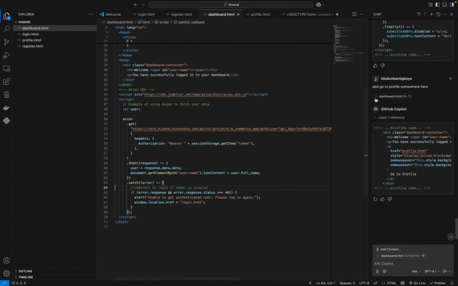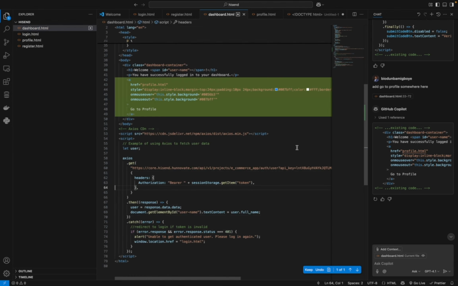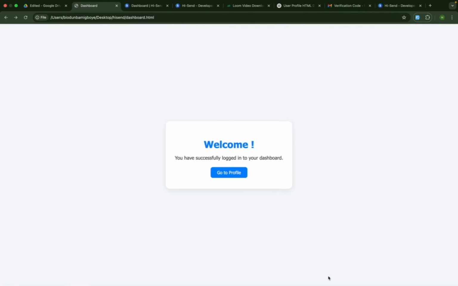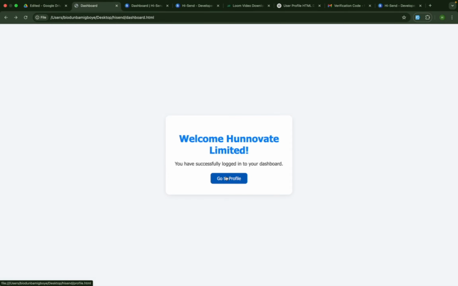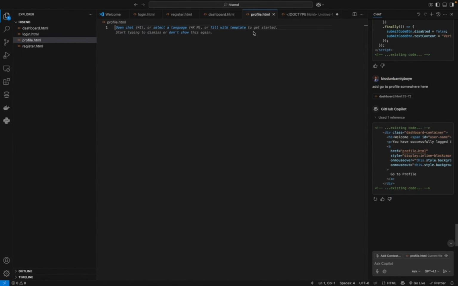I've told AI to add "go to profile" somewhere in this page. It generates this code, and pressing this button, it will automatically scan the page and add it somewhere relevant and tells me to approve. Let's see what it looks like. Nice. So from here I'll be going to the profile page which we'll be using for this